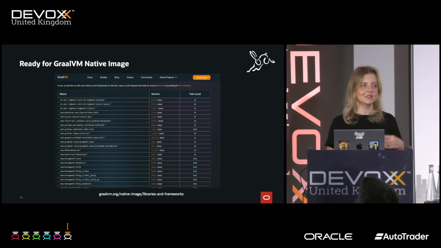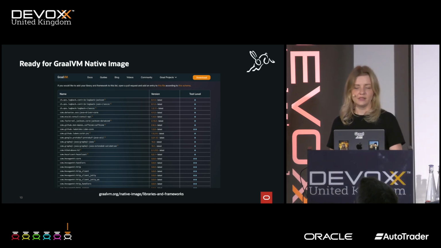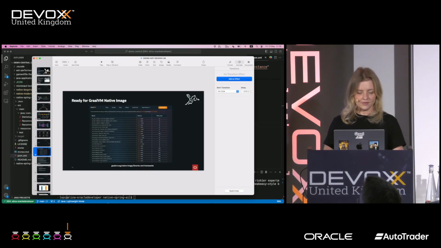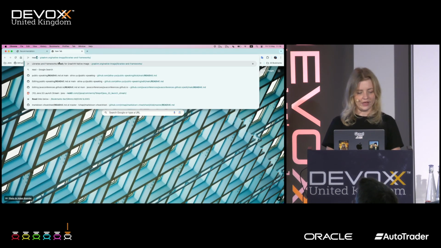Or maybe I'm deciding if I want to go with GraalVM. So how do I evaluate libraries and what is available to me? Because indeed, some things will require some extra work and input to be working with GraalVM in the native image mode. For that, we have this super helpful page on the GraalVM org website that is called Ready for GraalVM